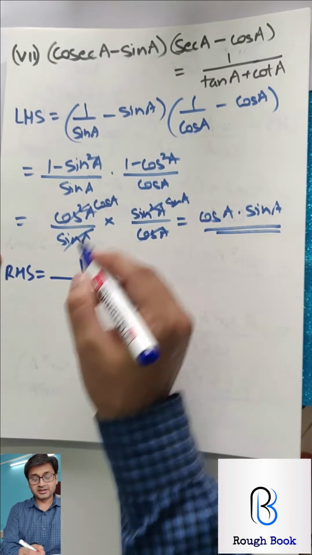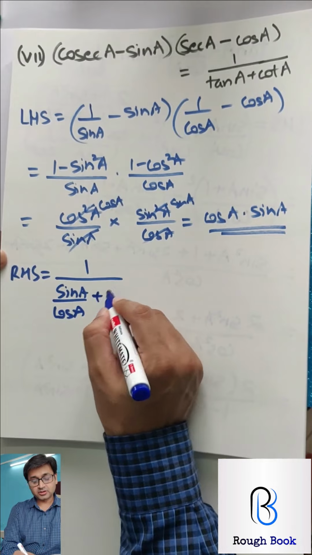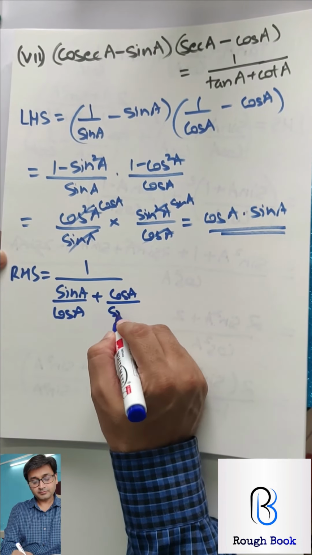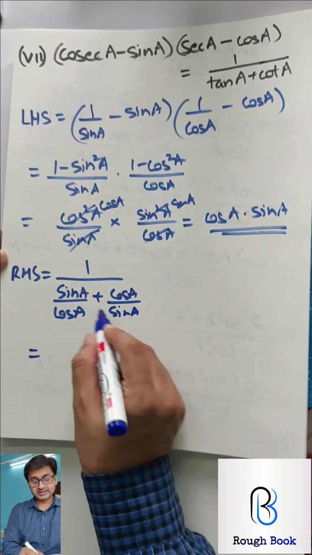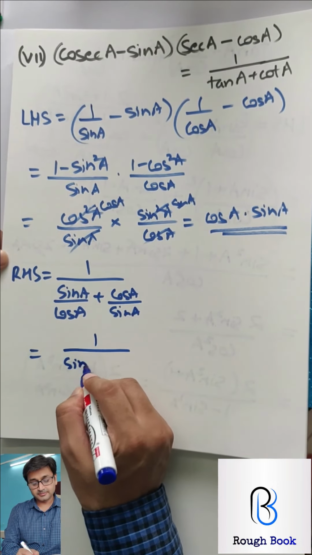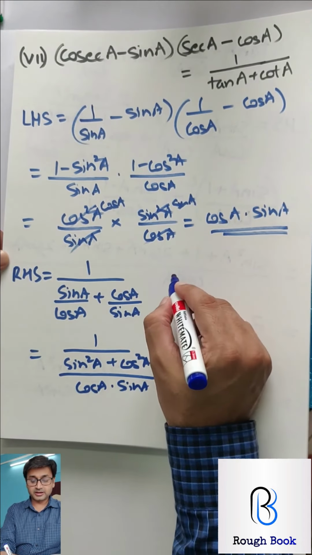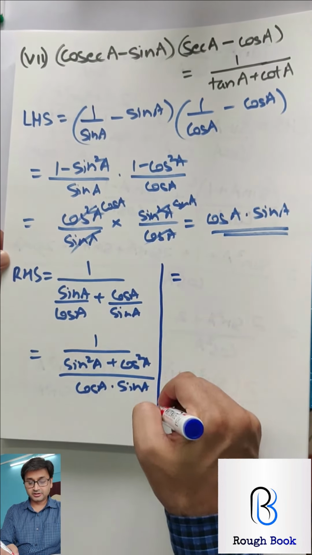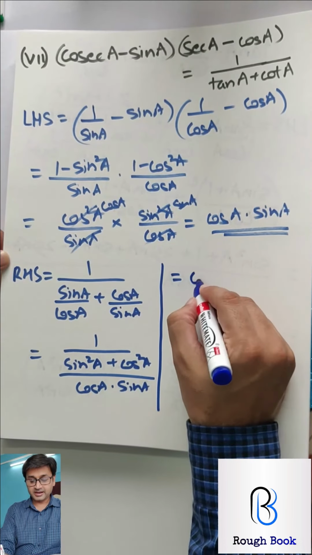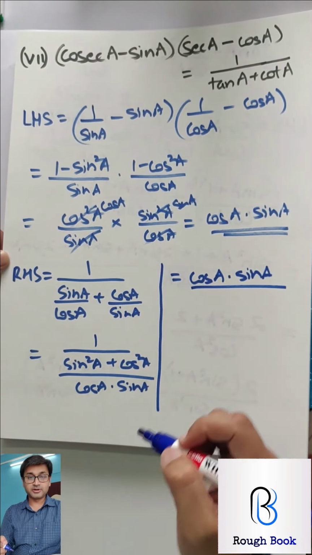So tan A plus 1 upon tan A is sin A upon cos A plus cos A upon sin A. So what do I get next? LCM I will take. So I'll get sin square plus cos square upon cos A into sin A. Denominator goes back to the numerator. So I'm writing it here this time. So this will come up and I will get cos A into sin A upon sin square plus cos square.